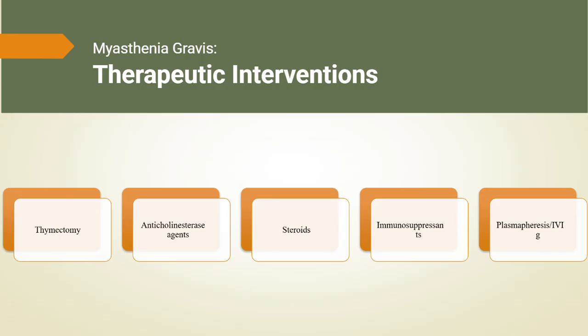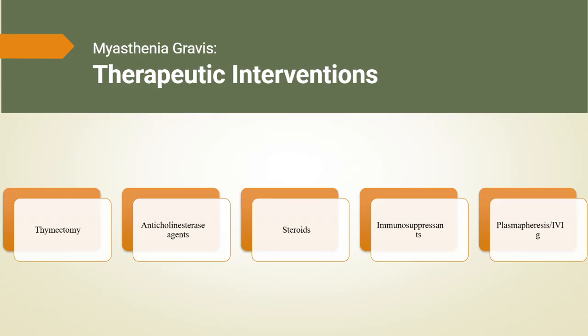For more severe myasthenia gravis or during a crisis, patients may require blood filtering treatment such as plasmapheresis, which physically removes circulating antibodies from the bloodstream. This provides rapid but temporary symptom relief. Similarly, IV immunoglobulin, IVIG, can help by altering immune activity and blocking harmful antibodies. These therapies are often used when a rapid response is needed or when the patient is preparing for surgery, such as thymectomy. Together, these therapeutic interventions allow us to manage myasthenia gravis effectively, prevent exacerbations, and improve quality of life.